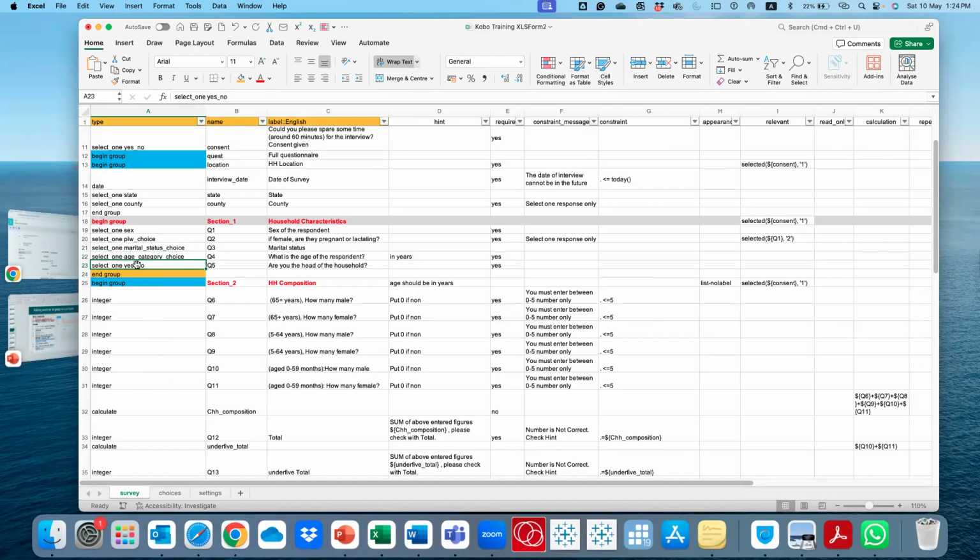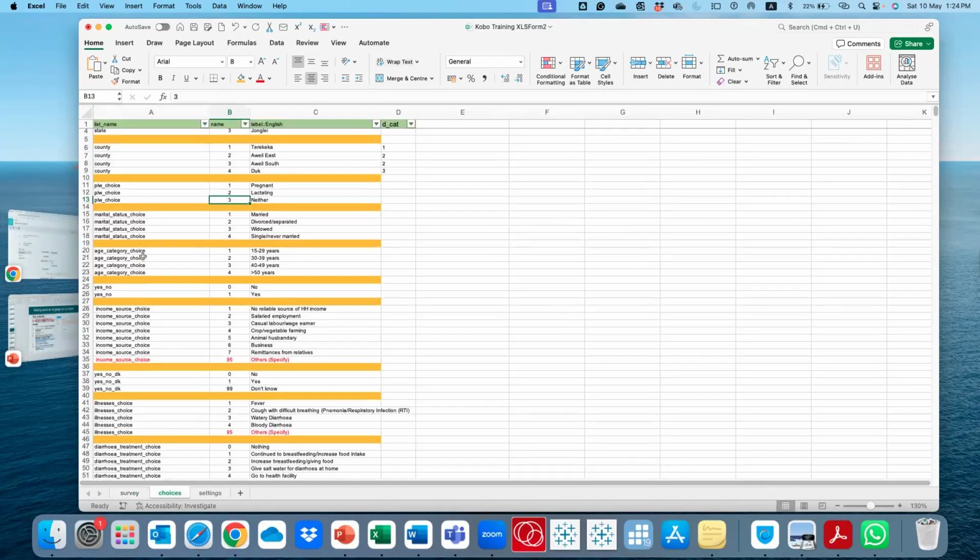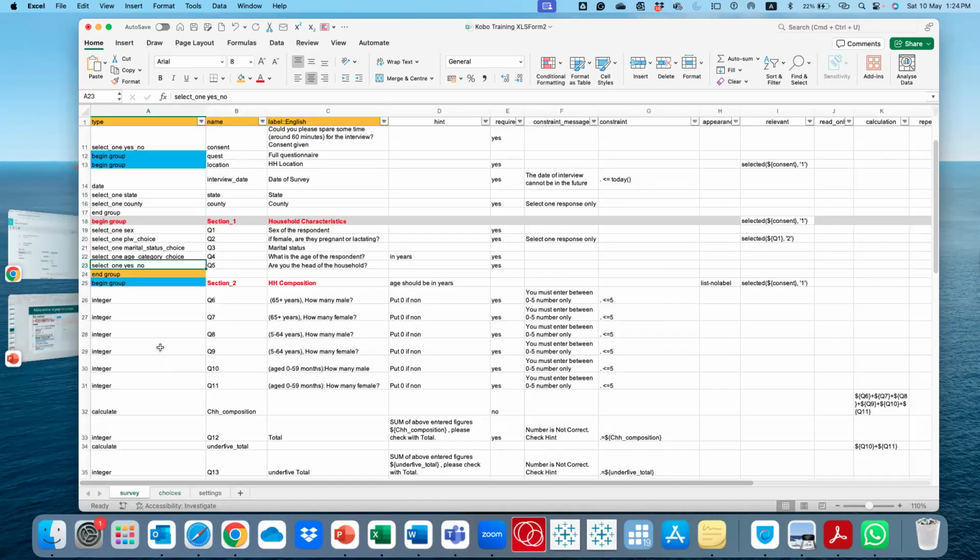And then there are questions where it is a yes, no. You're going to have a lot of questions that are yes, no. So you can code what you want yes to be and what you want no to be. For a yes, no, you want to code no as 0 and yes as 1. So everywhere where you have a yes, no question, you can just say select one, yes_no. This yes_no has an underscore, you see there. It is 1 word. It is not 2 words.